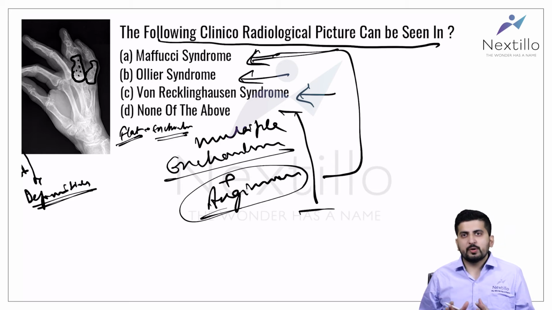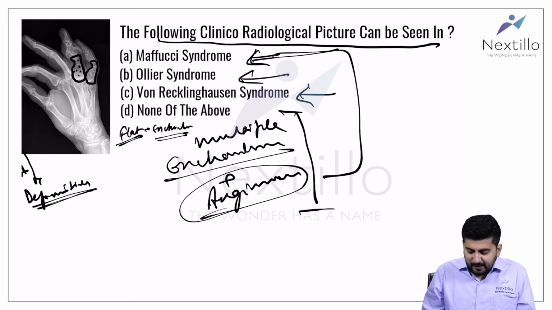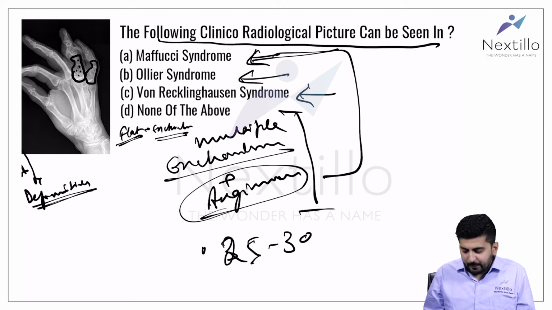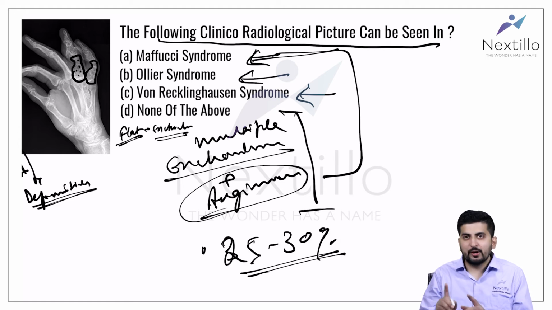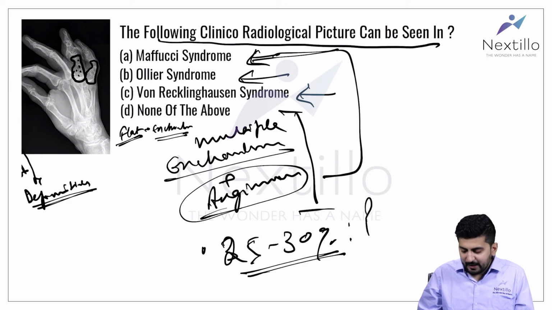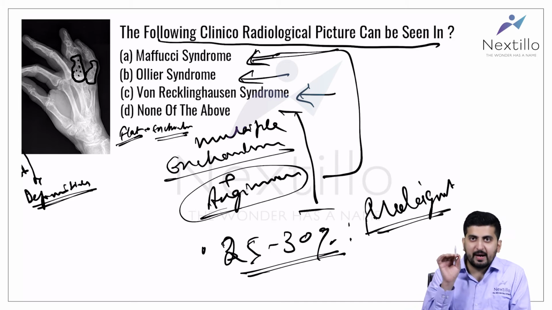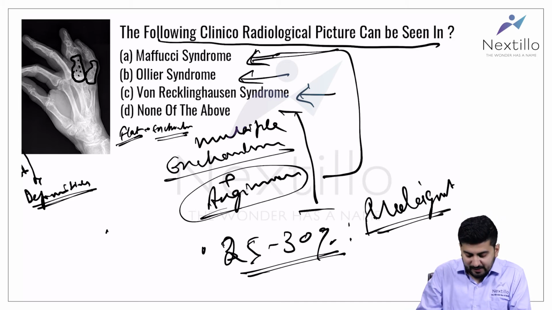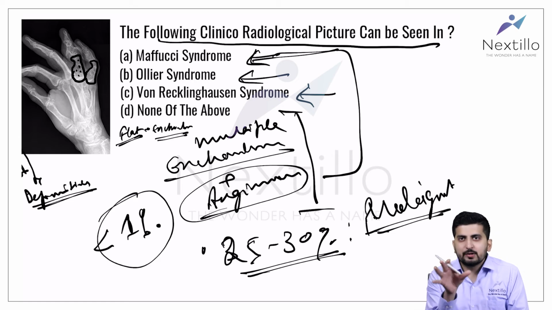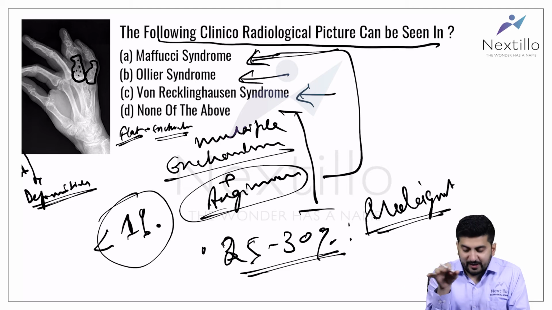Now, one or two things which you need to remember about this syndrome is that around 25 to 30% of enchondromas in this syndrome are pre-malignant, that is they have malignant potential, that is they can turn into malignancies, while in case of an isolated enchondroma, this incidence happens to be less than 1%. So in an isolated enchondroma, the malignant transformation is less than 1%, while in a case of Mafuji syndrome, this